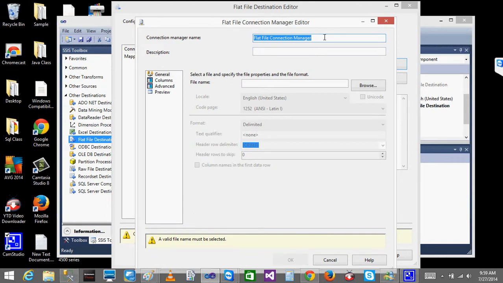Now, it is nothing but the connection manager. Under that connection manager only, I will be having that path and file name, right? As we did for the SQL Server, the prior one. When we created the database, everything was stored under the connection manager, some server name dot database name. That was stored. Now you can see it here.